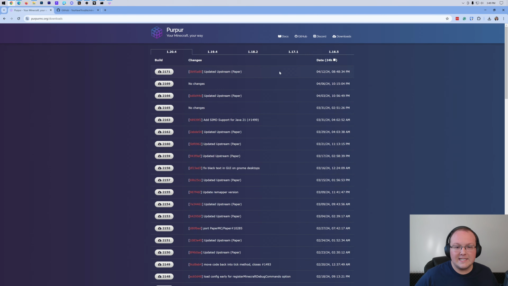PurPur is a server software that is similar to Paper, Spigot. It allows for plugins. It's actually a fork of those. And it allows for tons of optimization and lag reduction and all that. And if you're running a vanilla server, never plan on adding mods, it's super easy to switch to PurPur, and honestly, you should. Anyone who doesn't ever plan on adding mods should be running PurPur if they want the